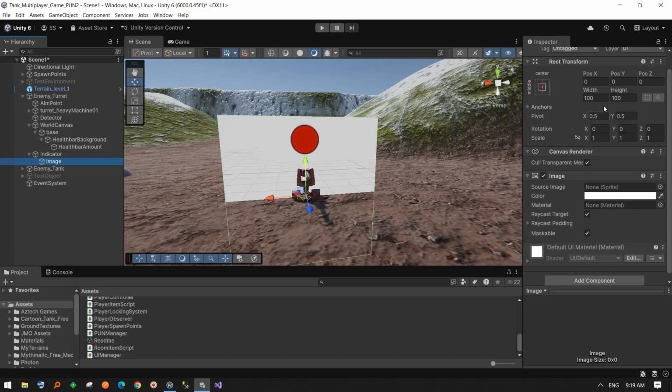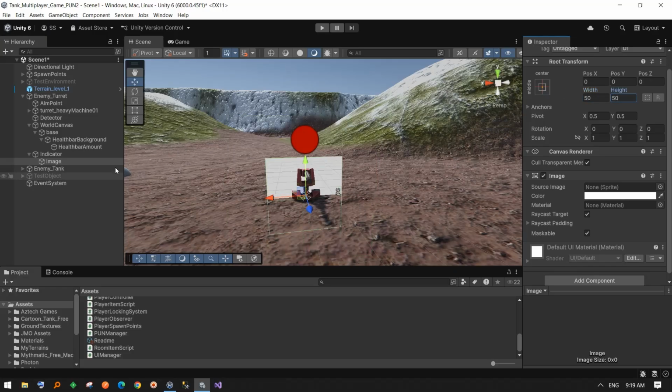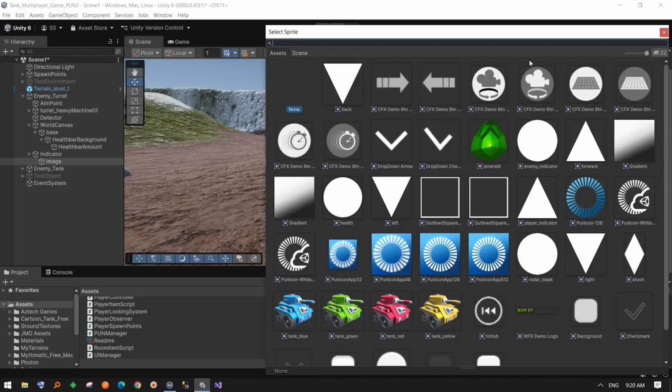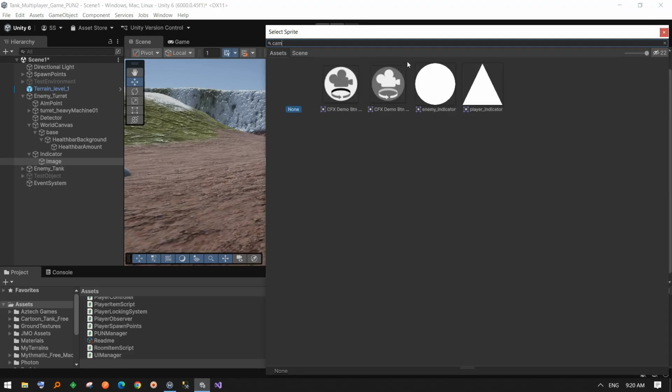Set the width and height of the image to 50. For the source image, select the enemy indicator sprite